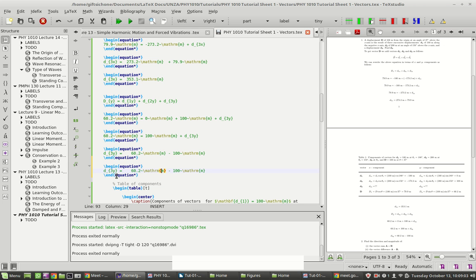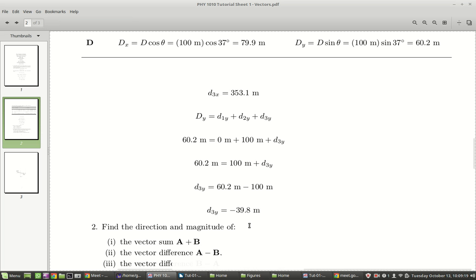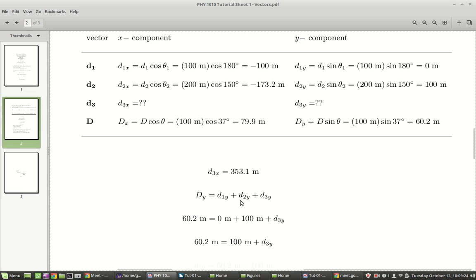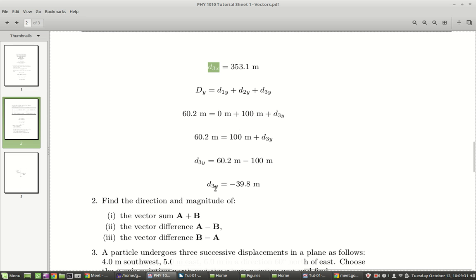We are going to have negative 39.8. So we know d3x is 353.1 meters, then d3y is negative 39.8 meters. That's what we know. Next, we can find the magnitude of